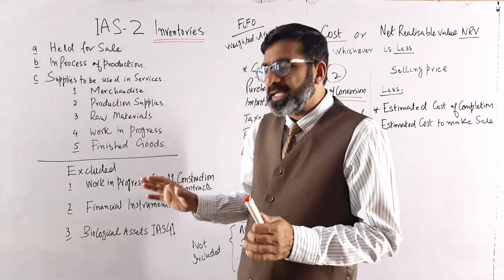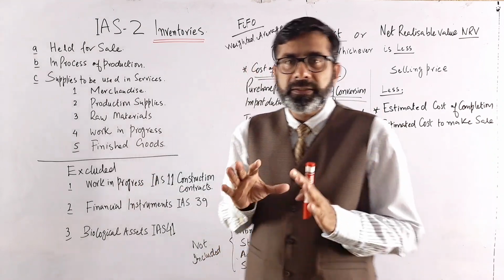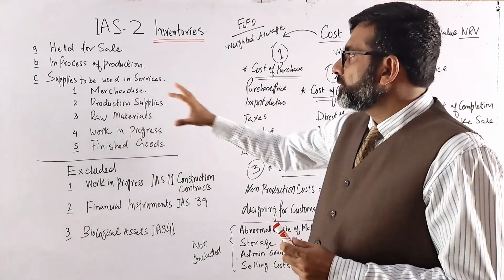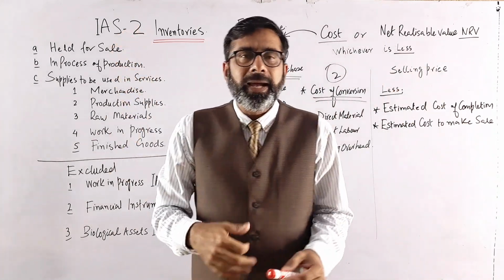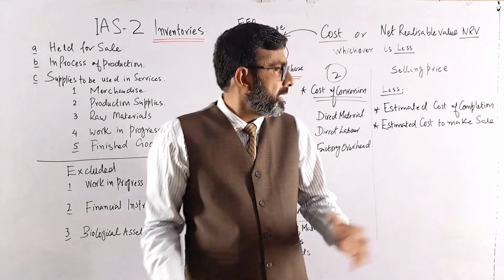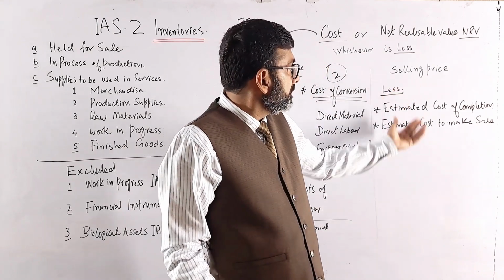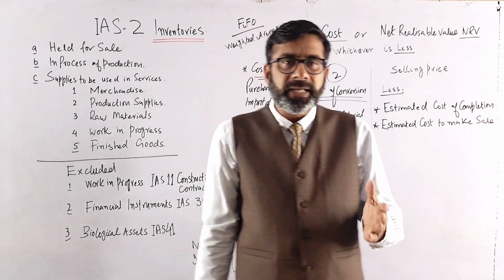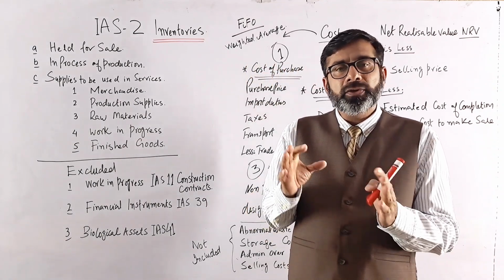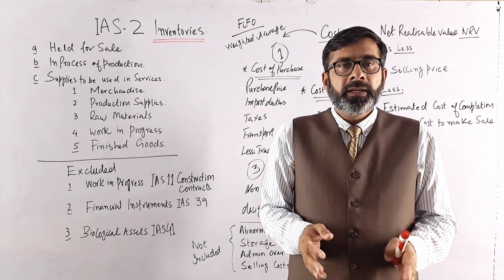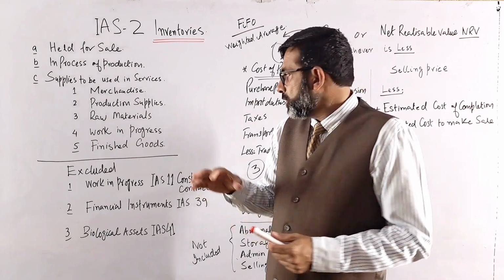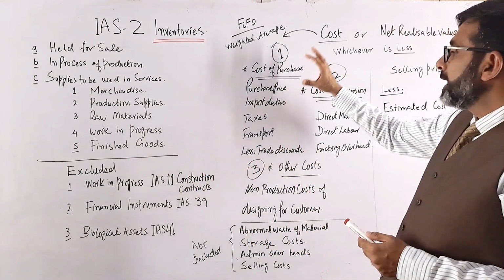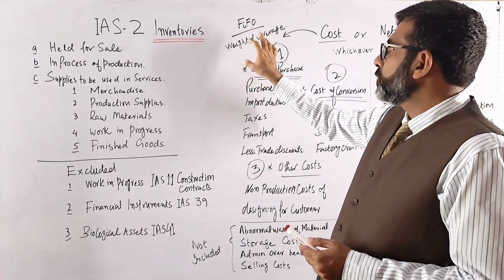In this first lecture, we will just discuss the basic concepts of inventories. Then in the next lectures we will discuss how the net realizable value is calculated. Then we will see how the debit and credit entries are presented. Then we have the concept of whether we are using the LIFO method, FIFO method, or the weighted average